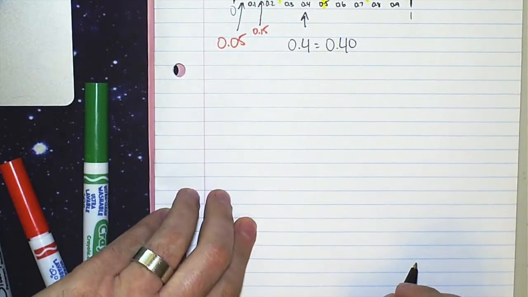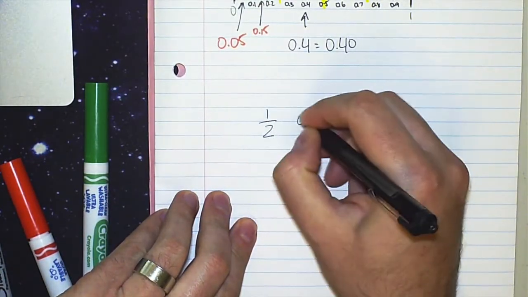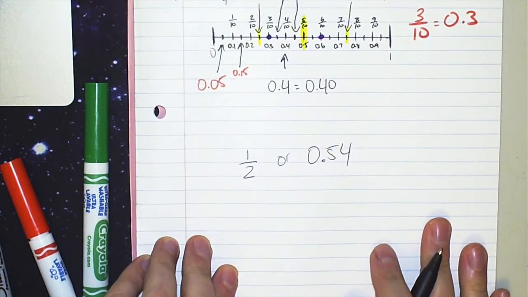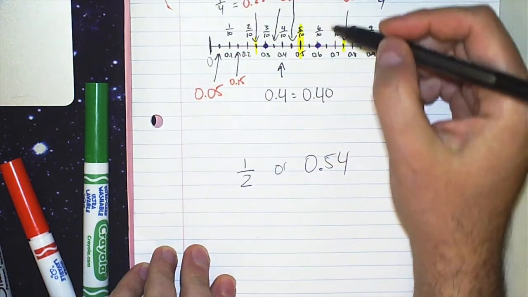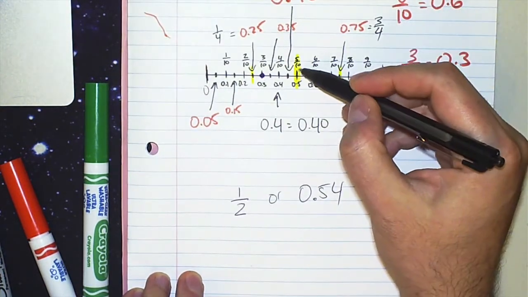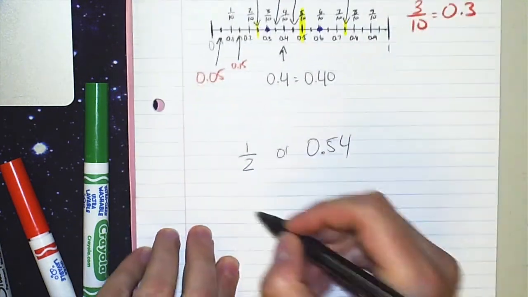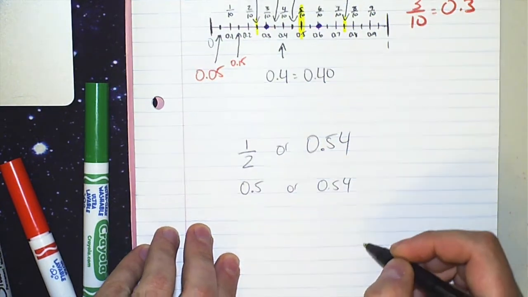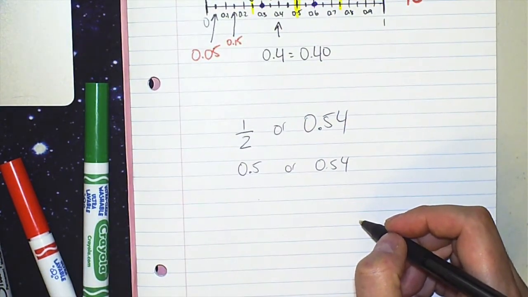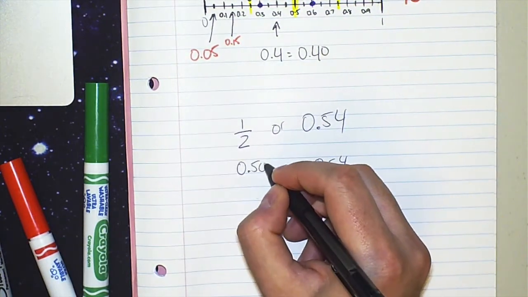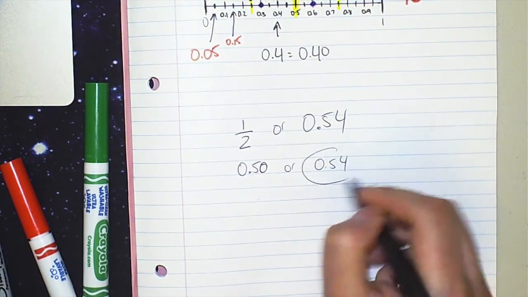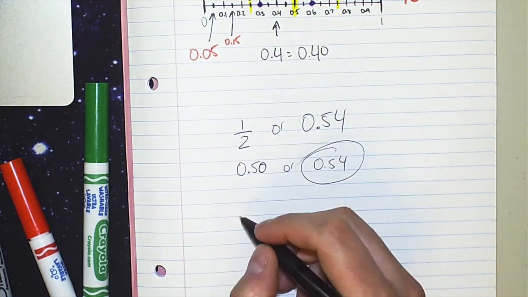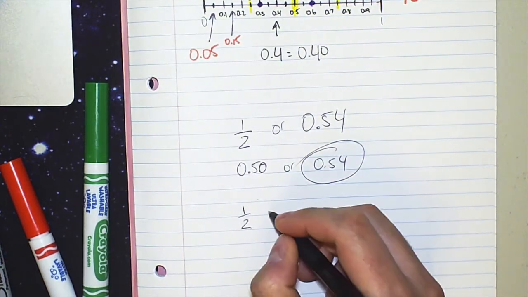Let's look at another example here. Let's have a look at 1/2 or 0.54. Now we know 1/2. We did this example in the other video. This is 1/2 right here. It's half of it. It's 0.5. So what is larger, 0.5 or 0.54? Okay, so now you have to pretend the 0 is here. In this case, this one was the larger number. However, if I did this or